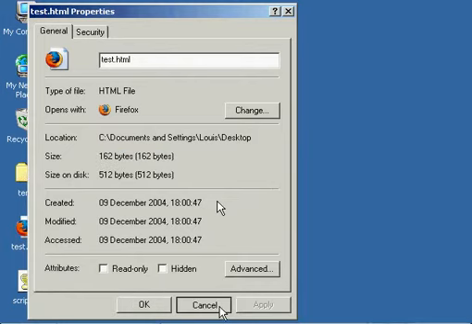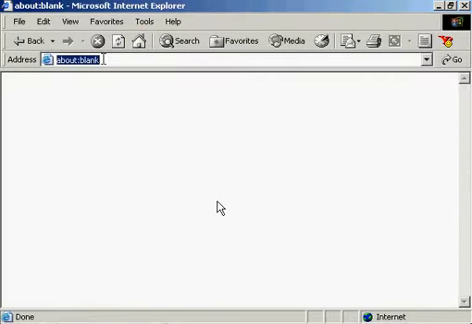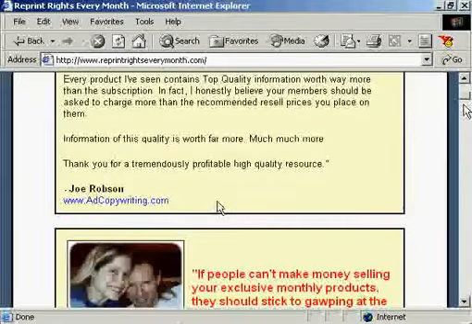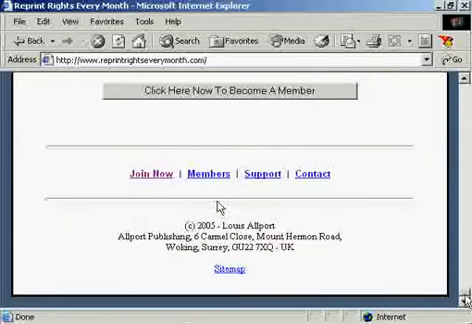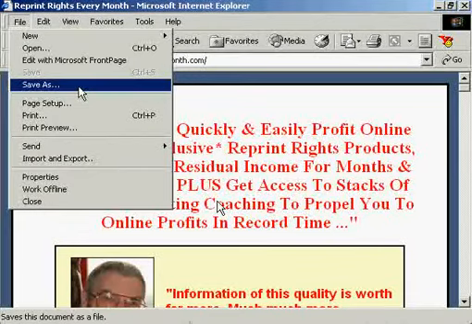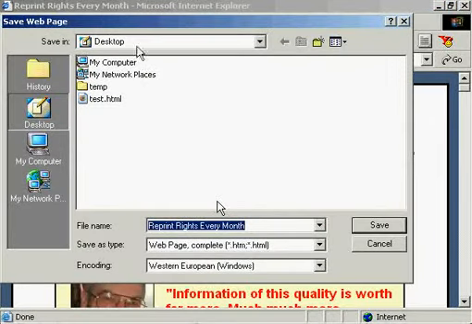If we cancel this, if we go to my Reap and Writes membership site, www.reapandwriteseverymonth.com, this is quite a large sales page. There's a lot of text here and quite a few graphics as well. If we choose File, Save As, and just save it to the desktop,